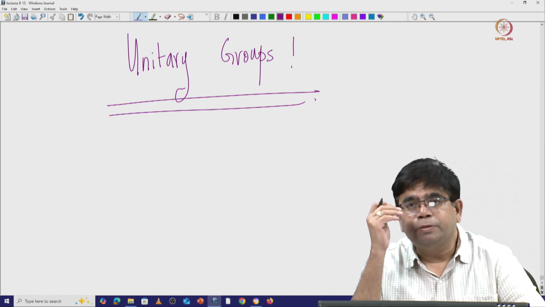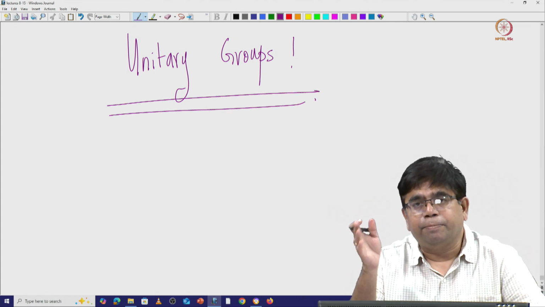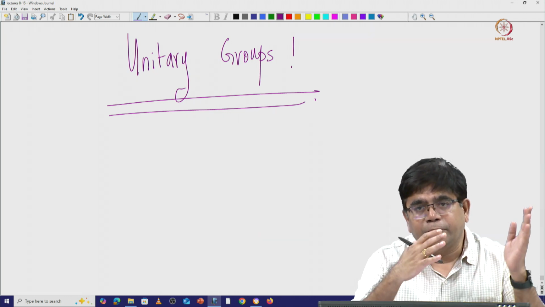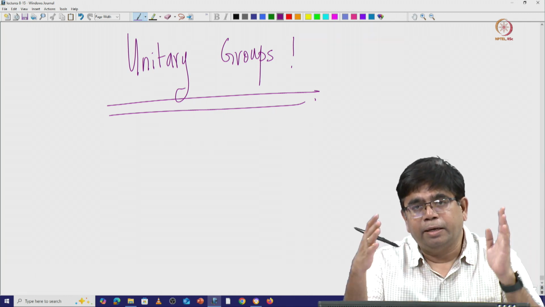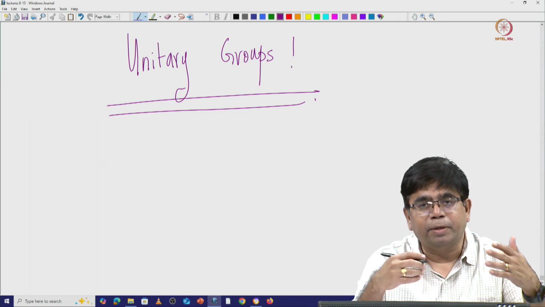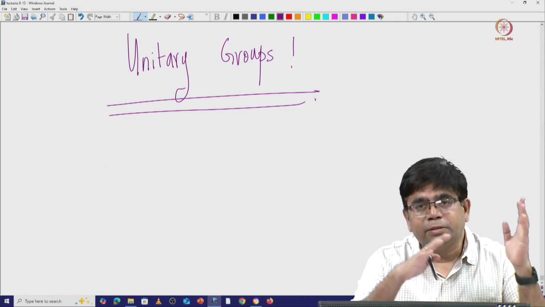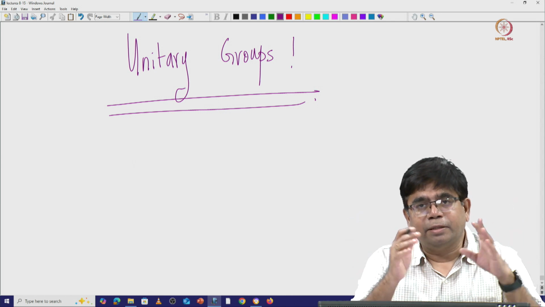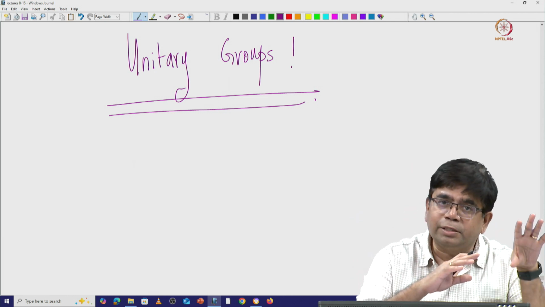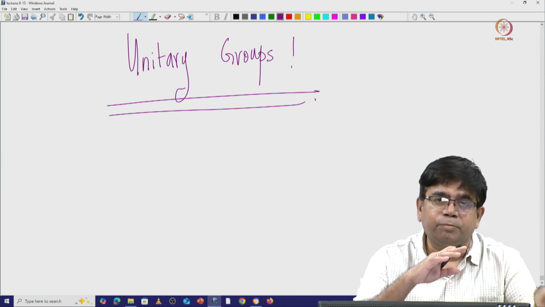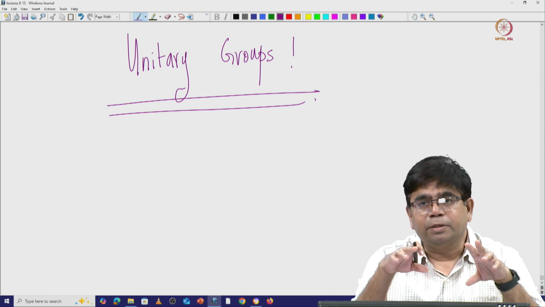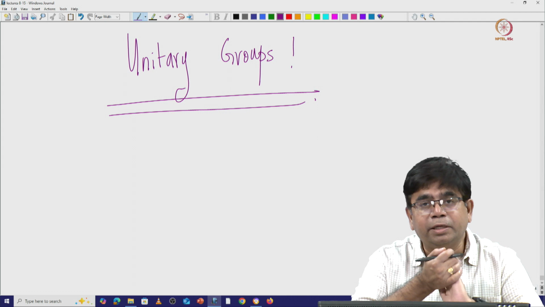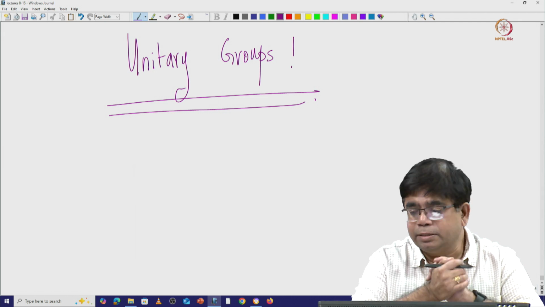Okay, I'll introduce unitary groups and their representations, and then we will go to the Lorentz group and why it forms a group. There are rotations, there are boosts, and together they form a group. Rotations alone form a subgroup of Lorentz transformations, but boosts do not form a subgroup of Lorentz transformations, and we will see all these details essentially.